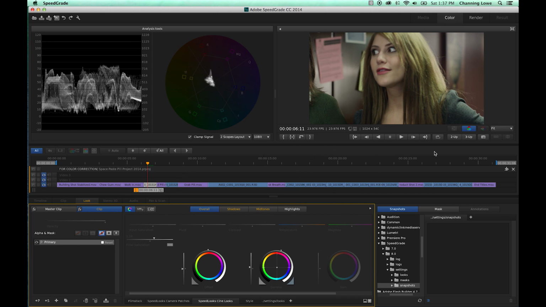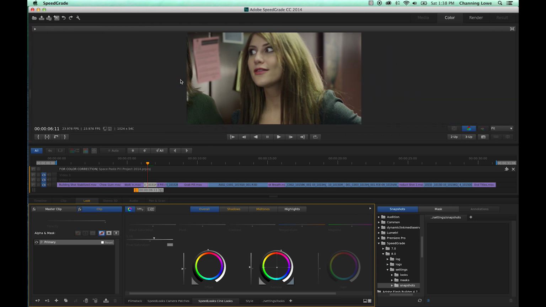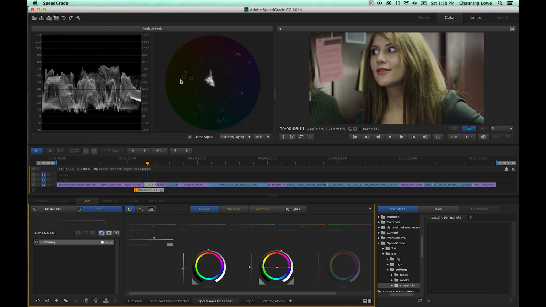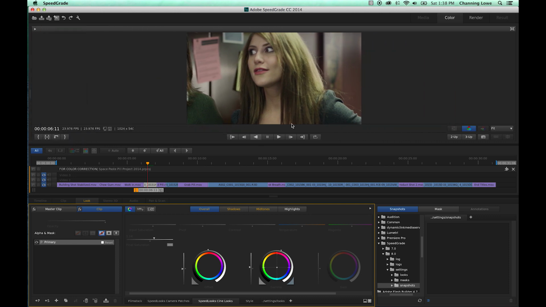The way you're going to use your matching feature here, and I kind of like this and I kind of don't in a way, because it exercises a lot less control over your overall image. But you have this little 2 up right here. First of all, I'm going to get rid of my scopes by hitting A. The letter A on your keyboard will hide your scopes. If you hit it again, it brings them back. I'm going to hit A and get rid of them for right now, so I have a little bit more